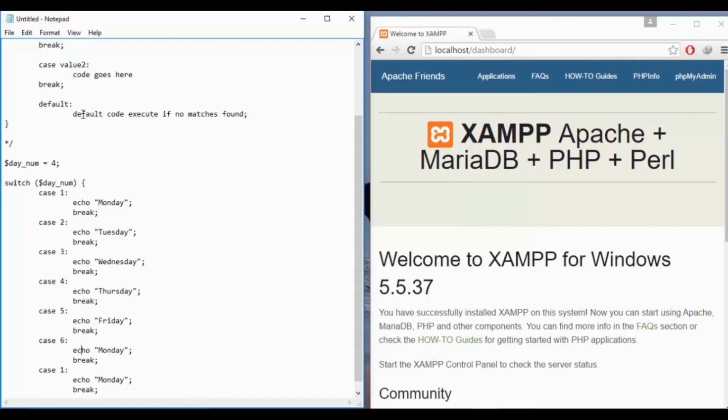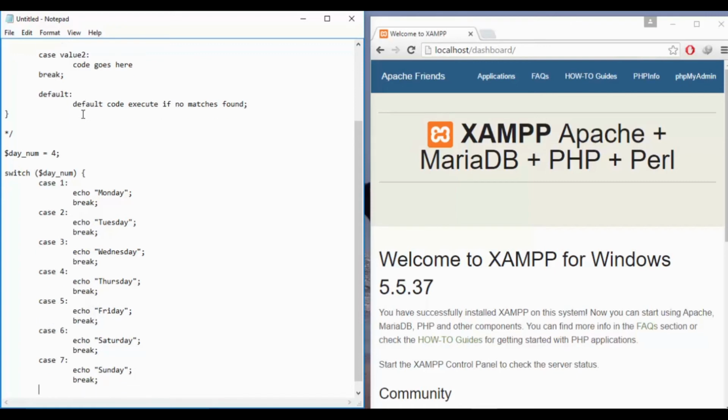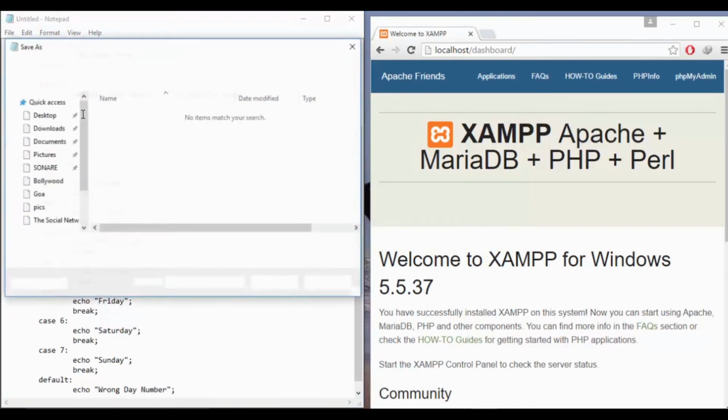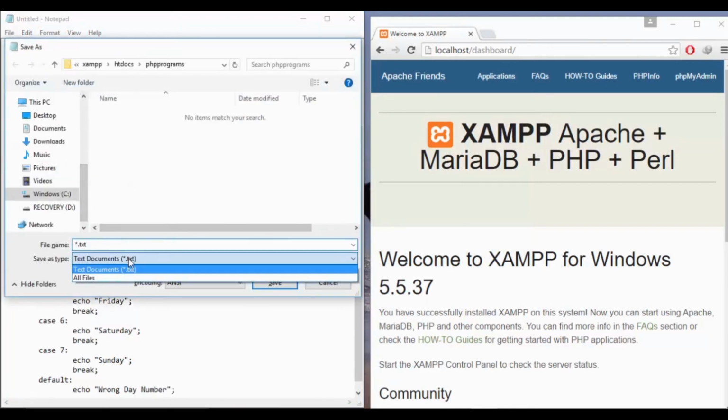If it is 6, Saturday. If it is 7, then Sunday. And if no match is found, default, then it should show a message like wrong day number. Now just save it with the name